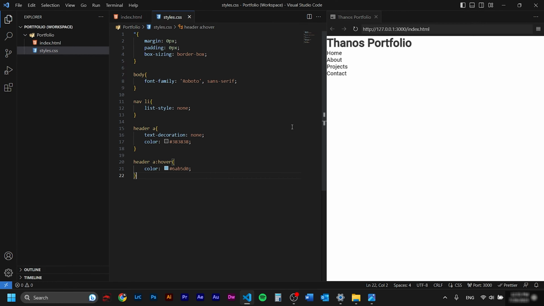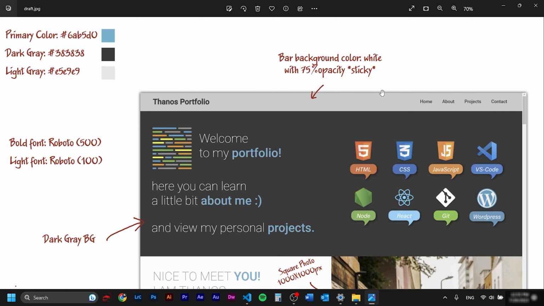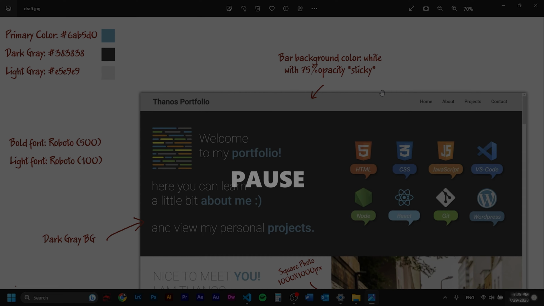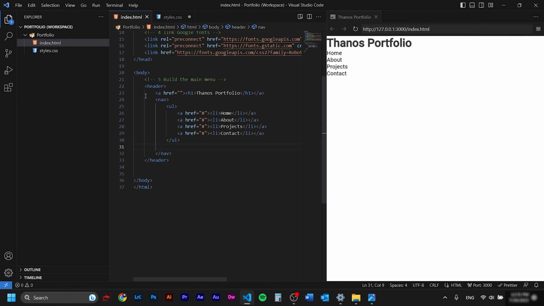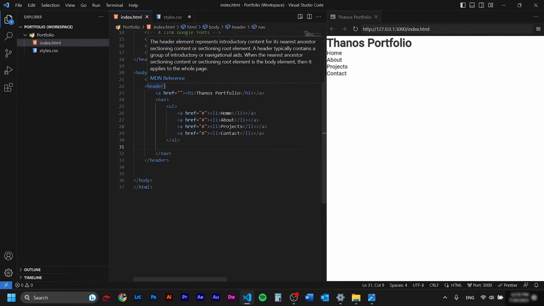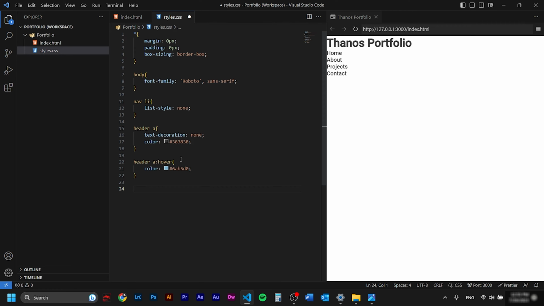So at this moment, I would like you to pause the video and brainstorm ideas of how you can turn this layout into this layout, because there are several different ways to do it. I will throw out some keywords that come to my mind, like display flex, space between. So pause the video and give it a try, and then come back to see my solution.